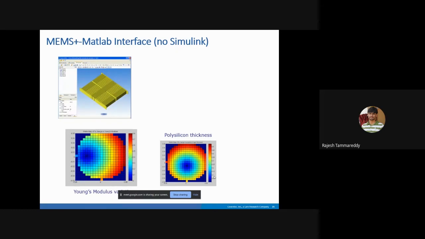So if you take a wafer, in a wafer there is a change of Young's modulus or polysilicon thickness. So in a foundry, right, when you do a fabrication, it is not the same dimensions everywhere, or the same properties that will happen everywhere, because the light exposure on the wafer is not the same, it is not equal, right? So for that kind of study, the different parameters are varied in a wafer. From blue to red, there is a range of variation in Young's modulus and polysilicon. And once you run the simulation of this, next.